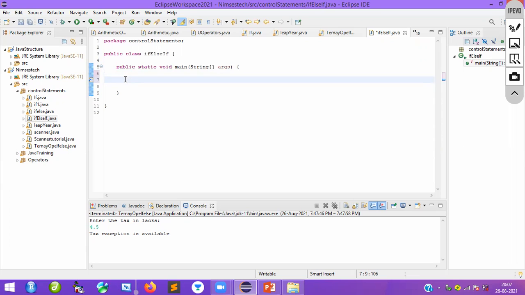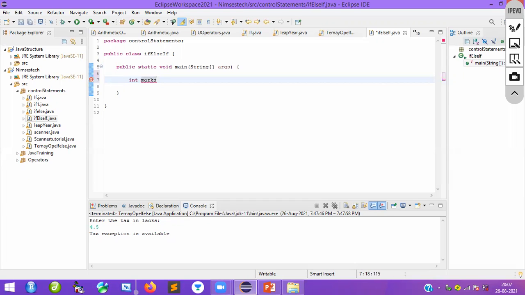In the class, A grade, B grade, C grade, D grade will be there, based on the marks. For that, I will consider: if it is below 40, D grade; if it is below 60, C grade; if it is below 70, B grade; if it is above 70, A grade. Like that I will make it. That's why I will take integer marks.